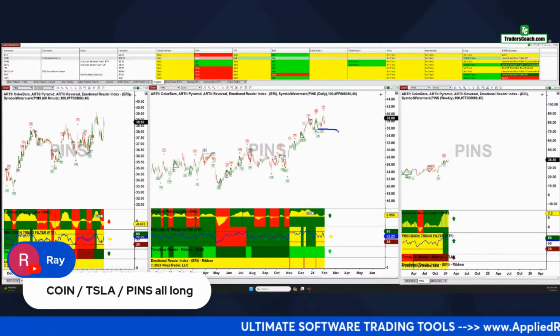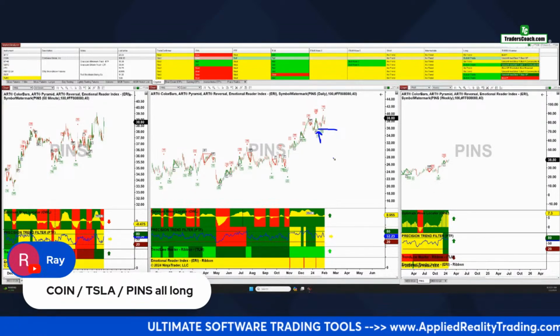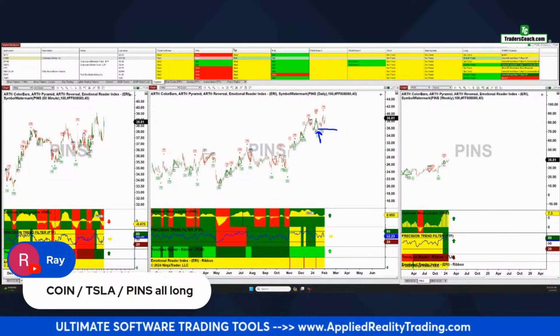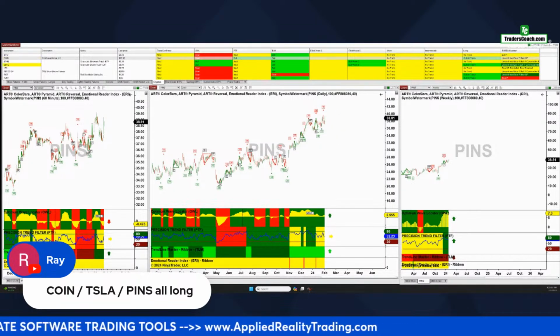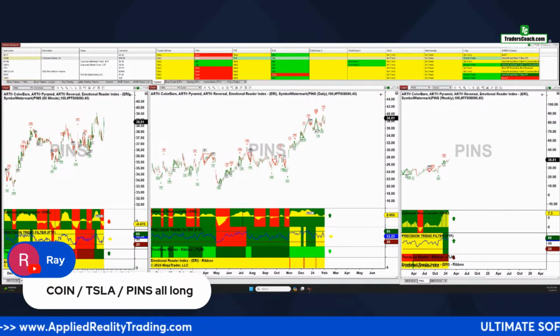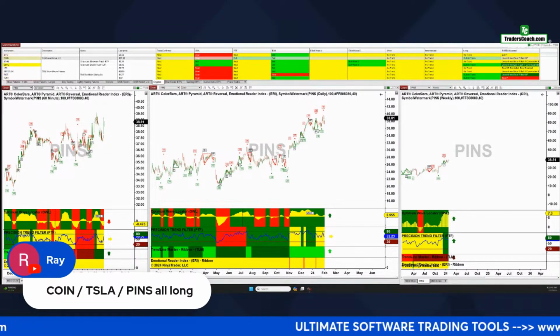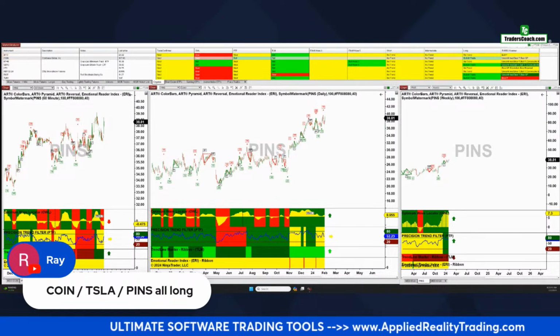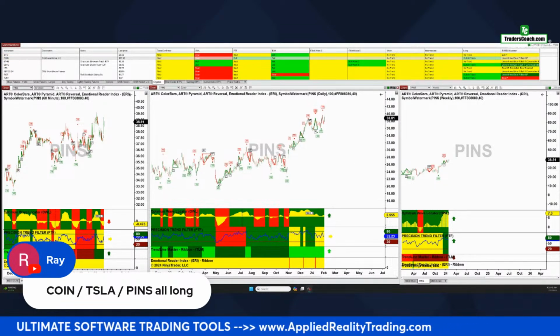So put your stop right here. And I think you're long on this one, right? So put your stop right under that pyramid there, and that should protect you for as long as it can. And that is at 35. That low is 35. No, 36.52. So put your stop at 36.51. Okay. Thank you.